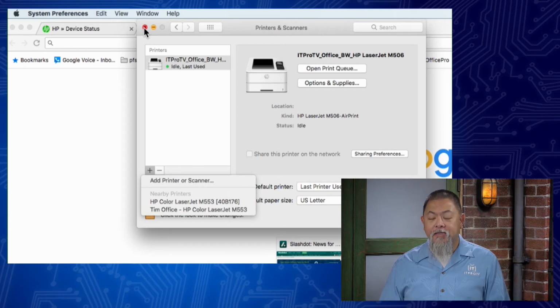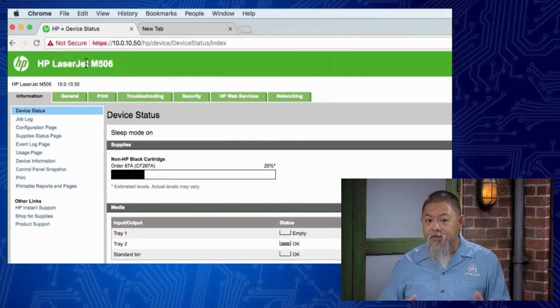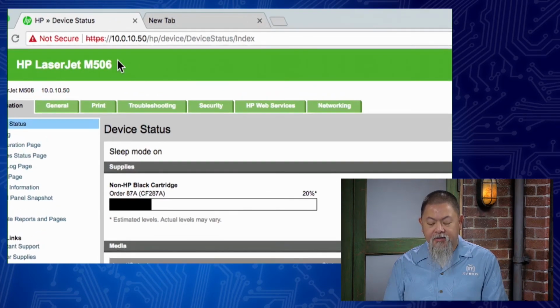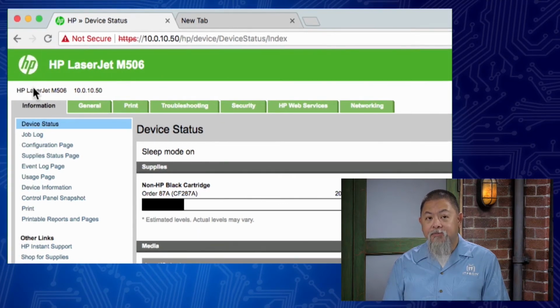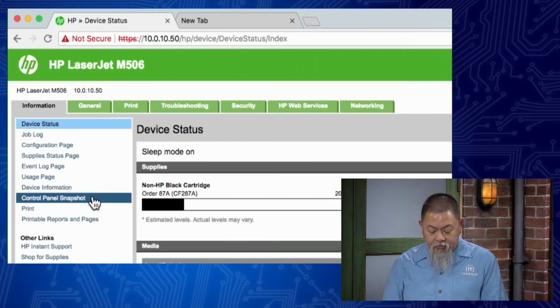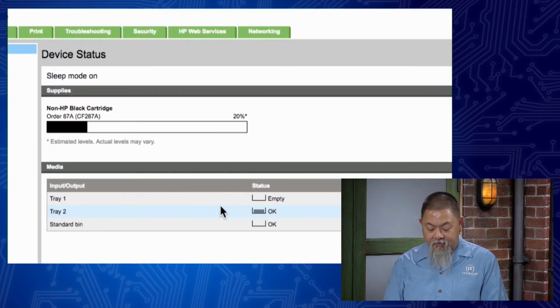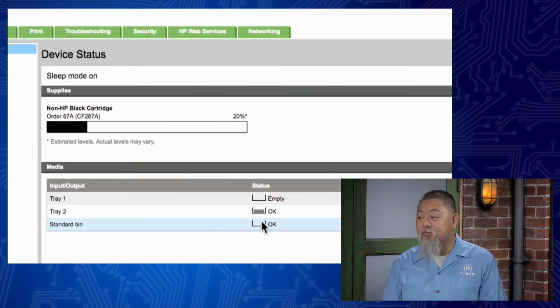Since it's on the network, it's a device that's registered there, we can simply go to the management interface of that device, and we can do that from across the network as well. So I know the IP address of my printer, and when I typed it in, I went to its web page, and that brings me directly up to this printer here, the HP LaserJet 506. From inside of here, I can see all of that other information, such as what Don was talking about. We can see something like, oh, look, tray number 2 has paper in it, and tray number 1 is empty.